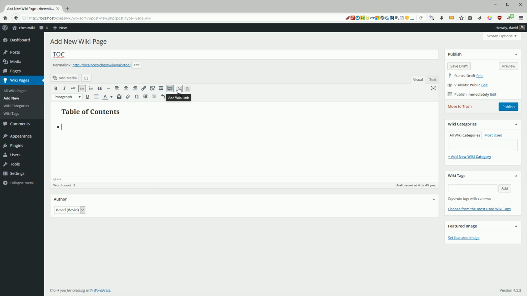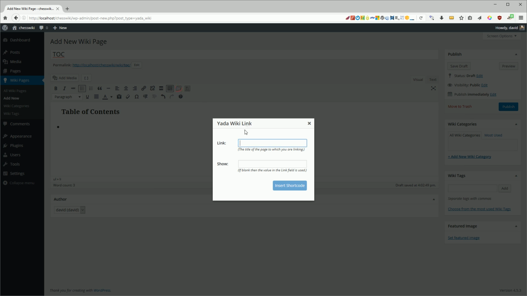And the one we're going to use here is the add wiki link. The other one's called add wiki listing, which is what you use to insert, for example, the TOC. But since we're creating that, it doesn't apply here. So when you click on the wiki link